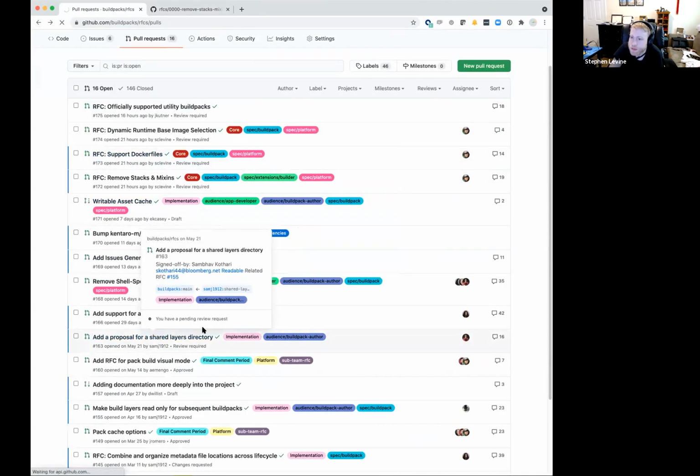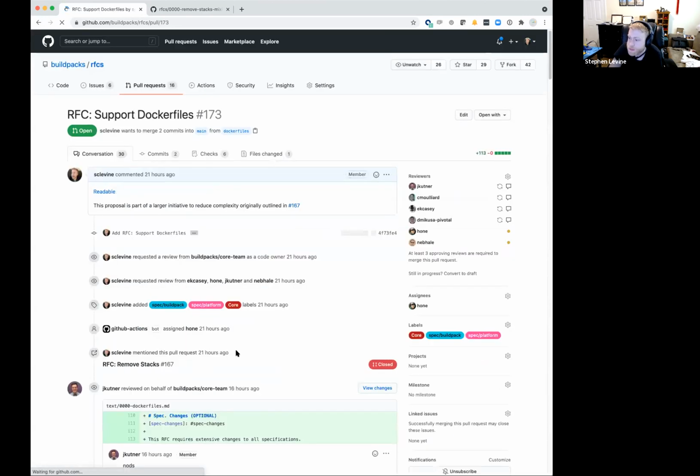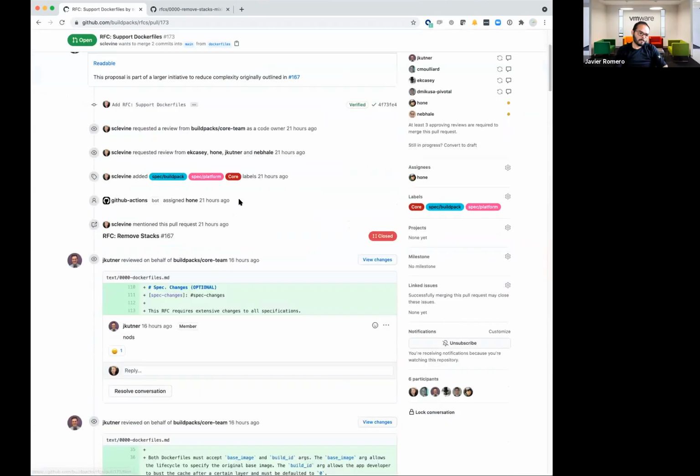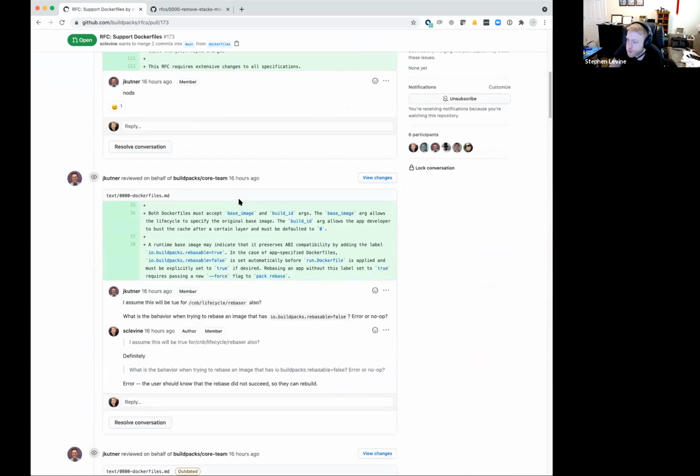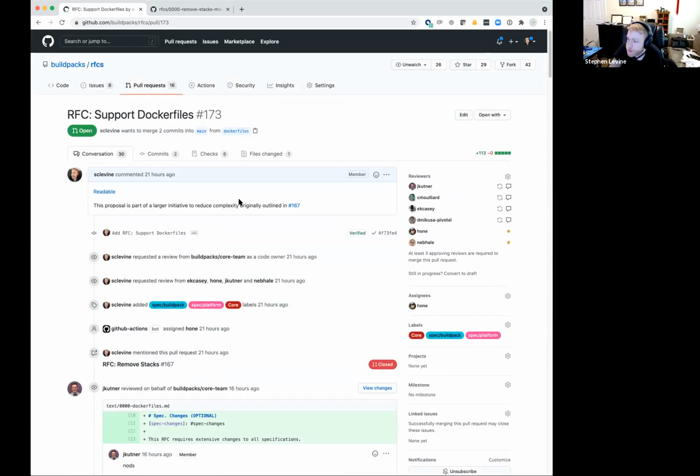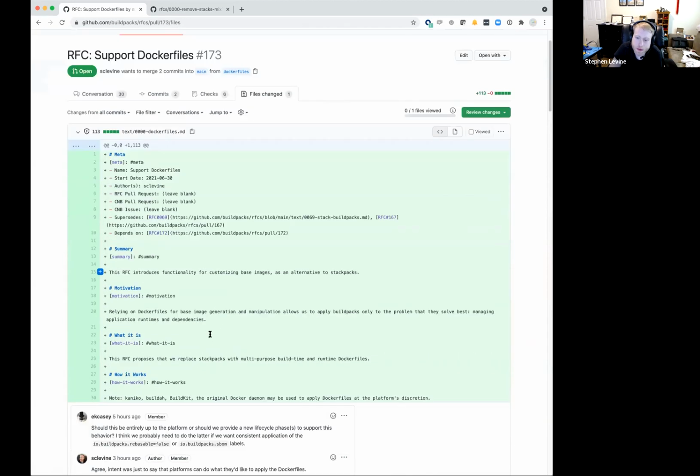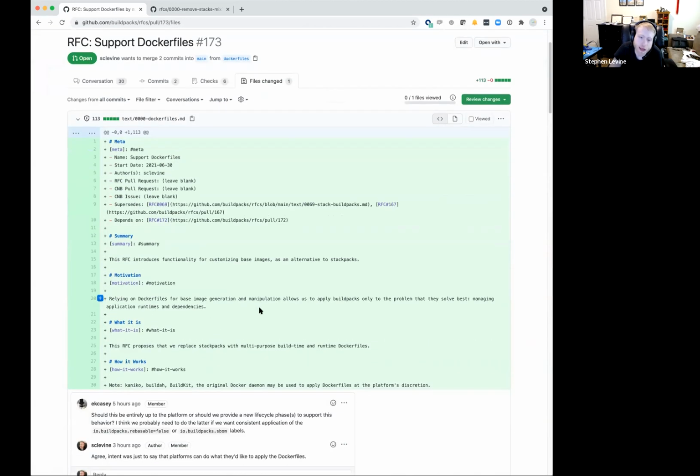Support Dockerfiles. This one introduces Dockerfiles at three levels. It standardizes Dockerfiles for creating a stack, and also proposes some tooling that would help you create a stack using those Dockerfiles.